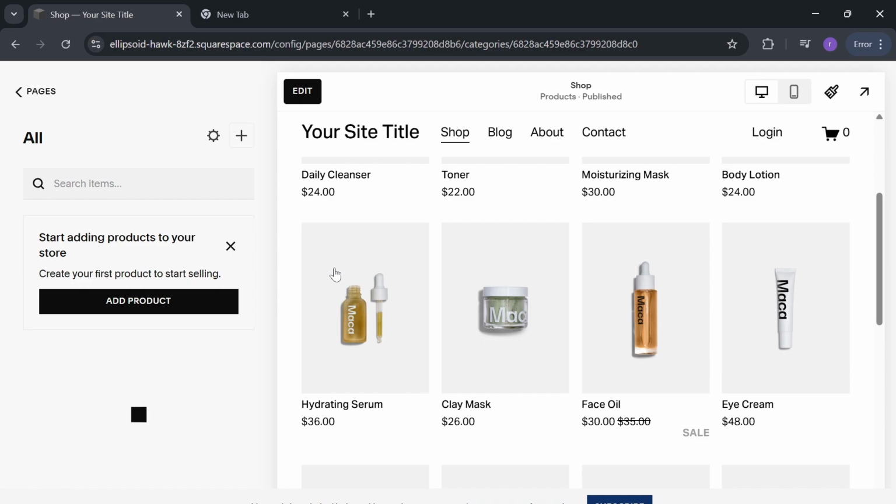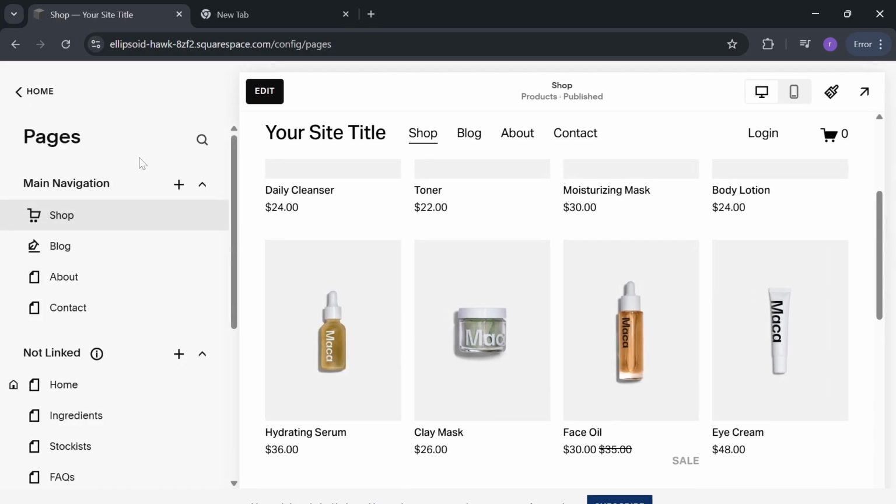The homepage is your first impression. Clean, bold messaging here sets the tone for everything else, especially on mobile. So when you are building your own website, make sure to build the home page first,